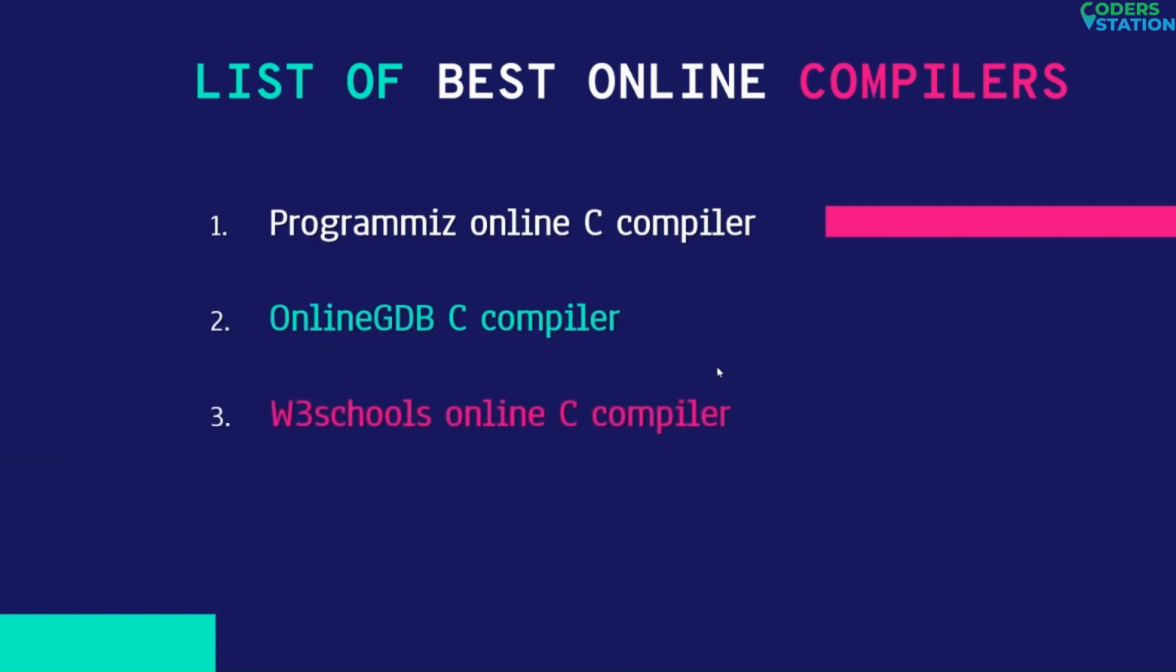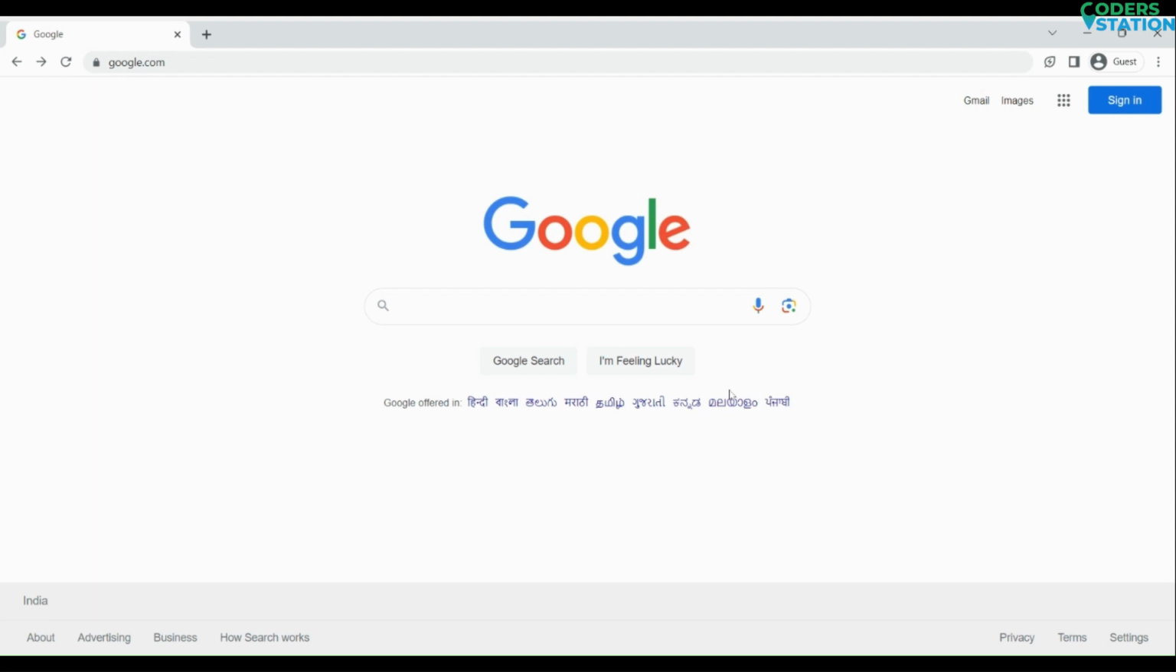The first is the Programmers Online Compiler. The second is Online GDB C Compiler, and the third is W3 Schools Online C Compiler. You can use any of these three if you are preferring to compile your C code online. Now I am on my Google Chrome, and now I will show you how to search for an online C compiler. So first of all, open your Chrome browser, then search here